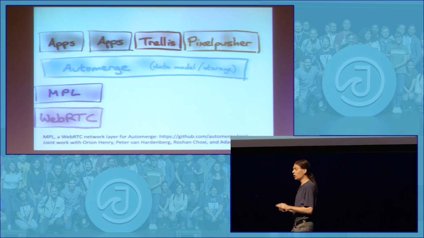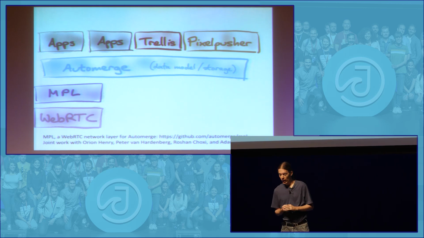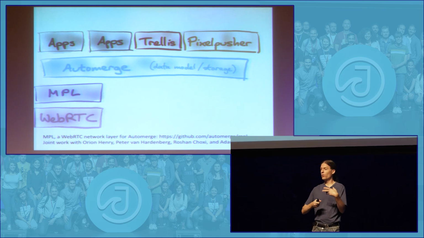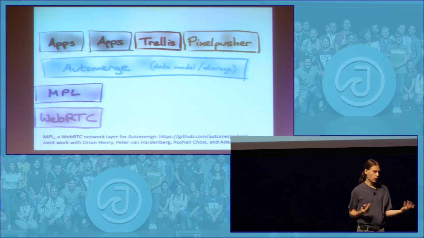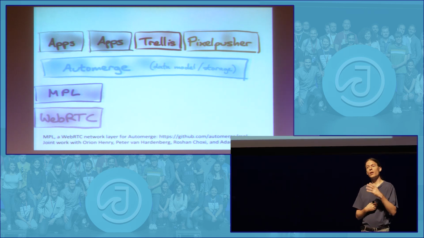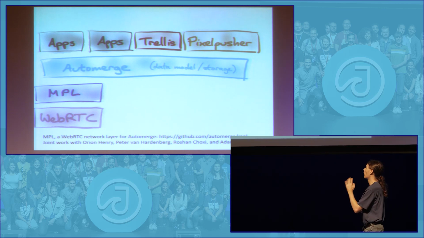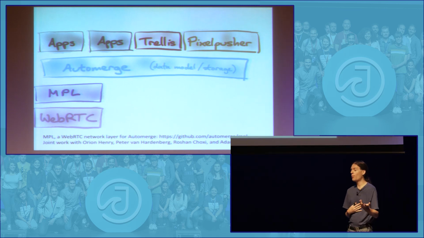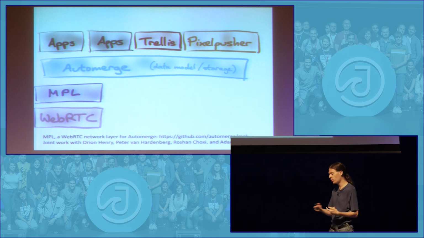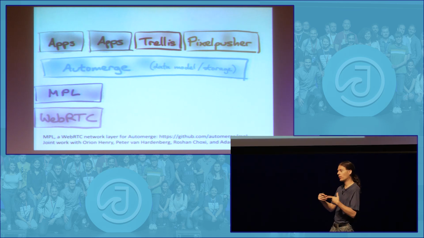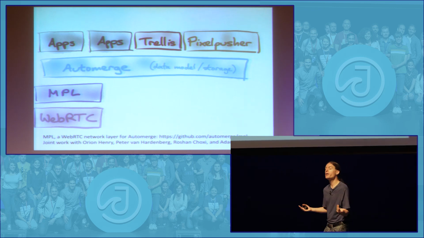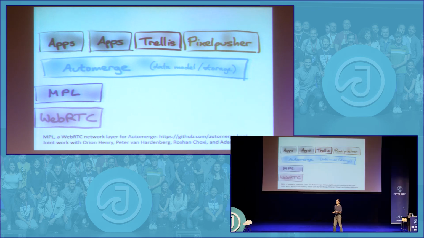So I said Automerge itself doesn't do any of the network communication. That is something that you can plug underneath, and for that we've also experimented with a few different ways of doing it. One, in the case of Trellis, we actually used WebRTC, which you might have heard of. It's a peer-to-peer network communication technology that's built into web browsers. It's normally used for doing stuff like making video calls, but actually you can use it to send data between nodes as well. And so this allows you to actually have copies of this Trellis board on several different computers,